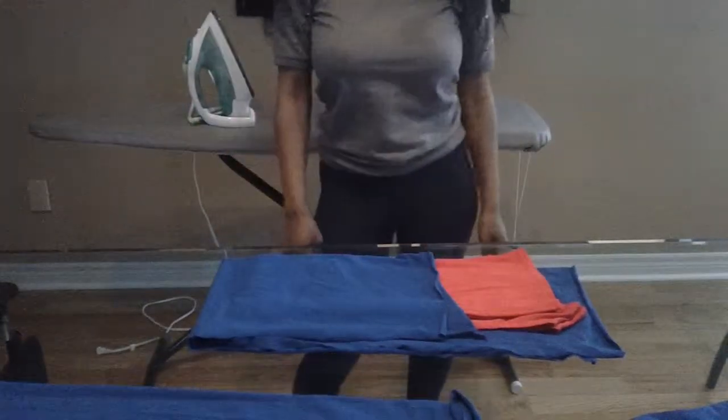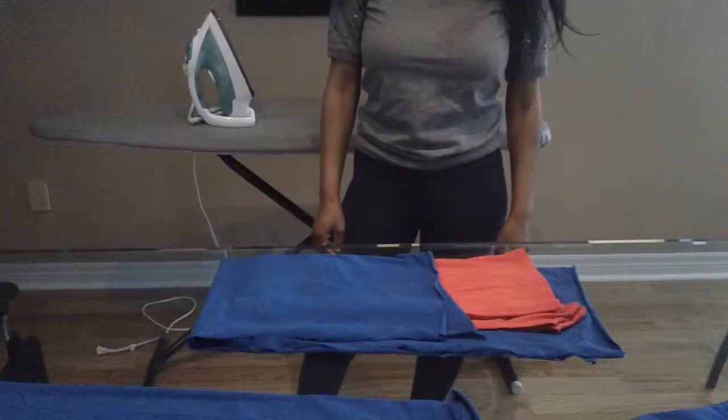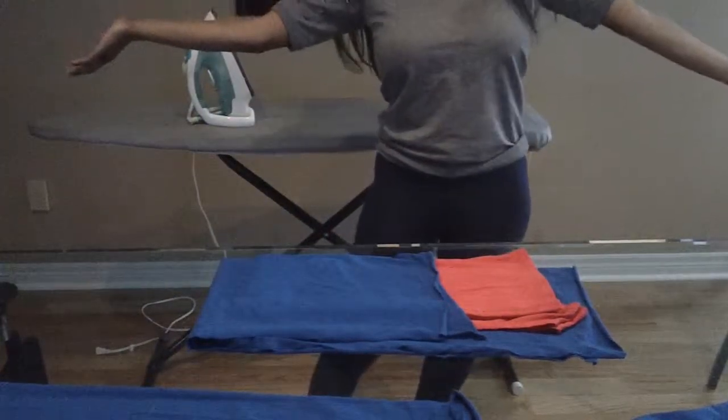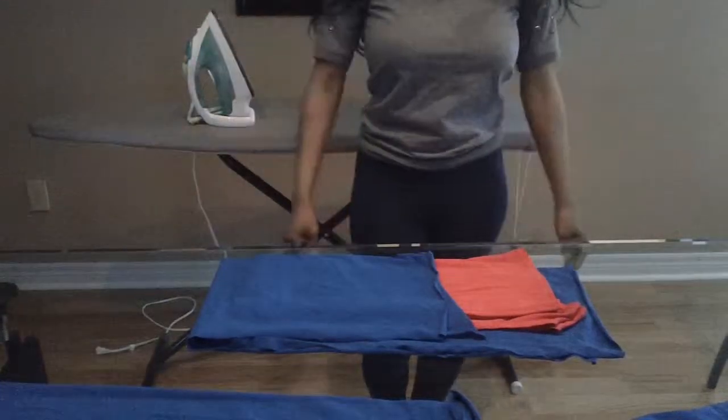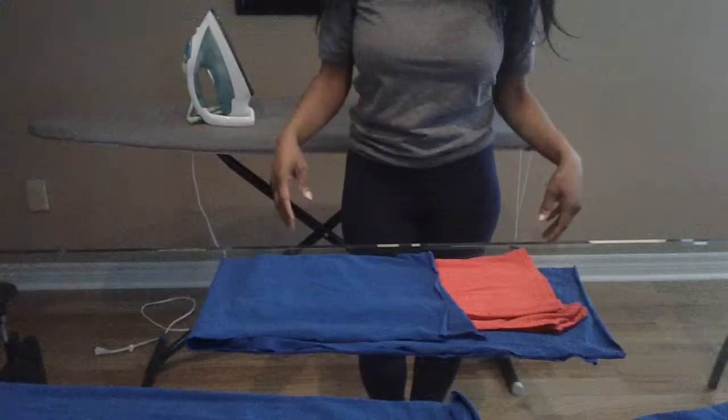As I said earlier on, I'd come back to you with something a little fun, so I have a little dress tutorial for you guys, and it's no sew. So if you don't have a sewing machine and you don't know how to sew, it's perfect. You just need a few items. You need scissors